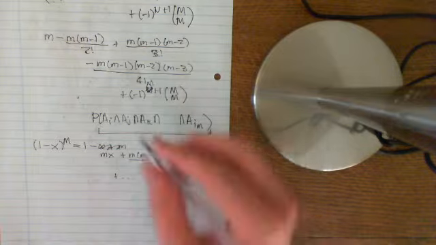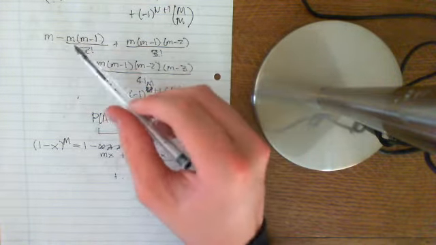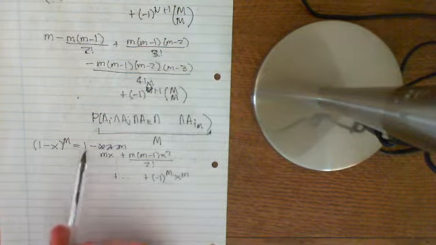So that's looking pretty similar to what we've got here, except that the negative signs are in the wrong place, and we've got this 1 over here. So if we